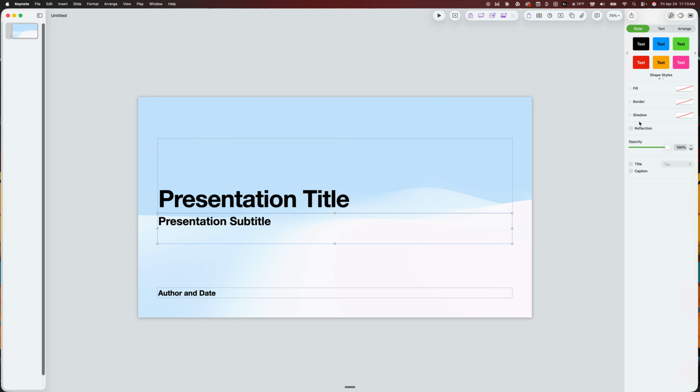This is context sensitive. It will change based on what's selected. Next is our animate sidebar, which is on the right, and it's on the top right. So right here where you see this little icon, this is the animate option. This is where we can go to add animations in, animations out, and action animations as the elements